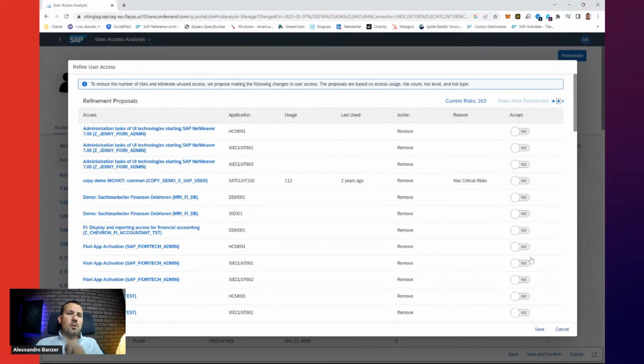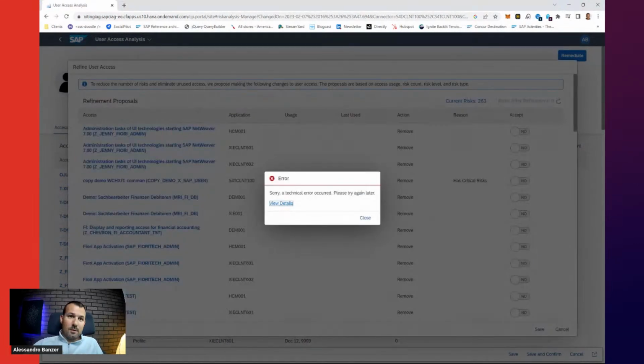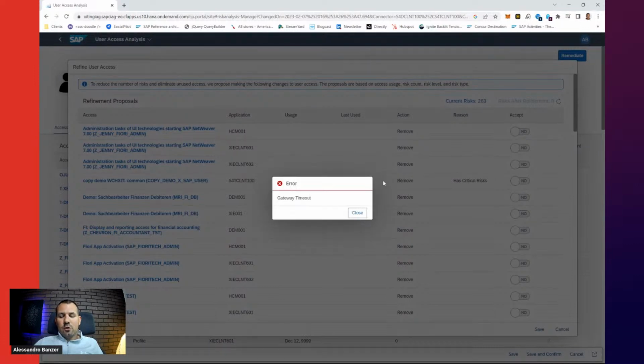What this allows me to do is quickly run a cross-system risk analysis across all the 30 systems I have connected. That's why it takes a minute or so. But now it's running a cross-system risk analysis with an error. Obviously, when I show a demo, that's always the problem. But I hope you understand what I'm trying to say here. And usually it works. Yeah, I got a timeout for whatever reason.